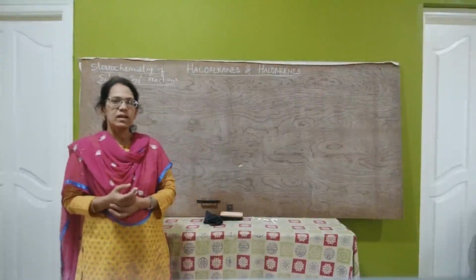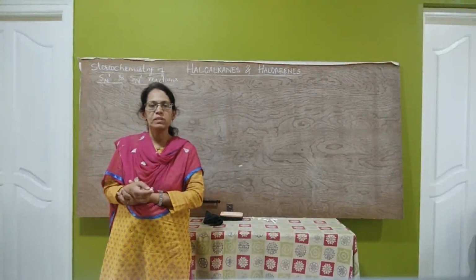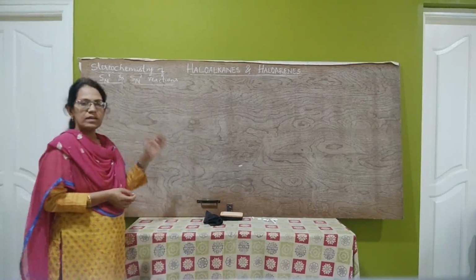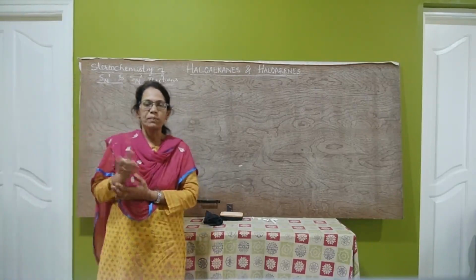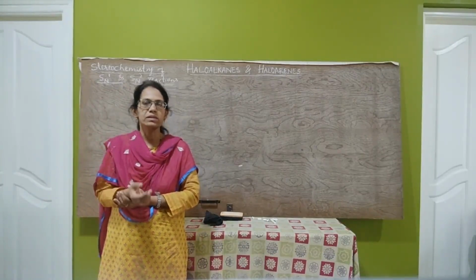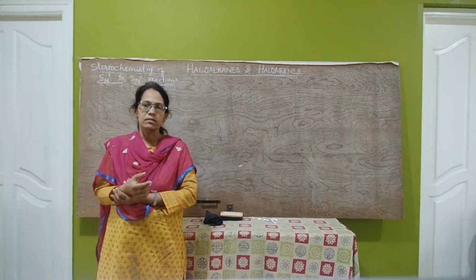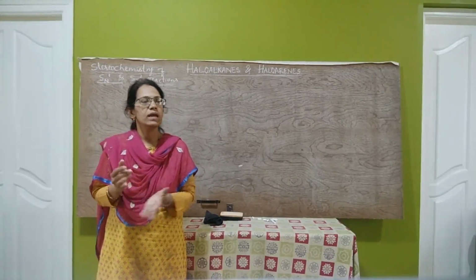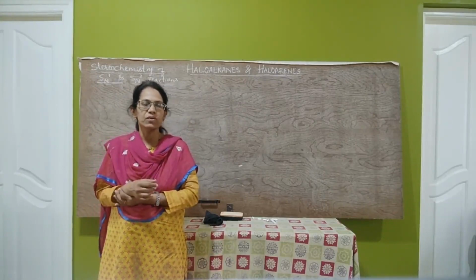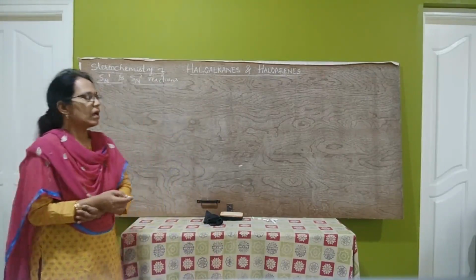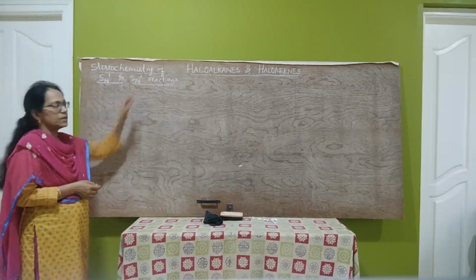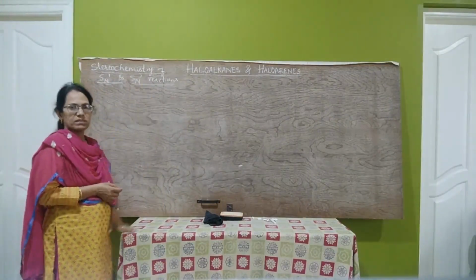Okay students, in the last class you were studying the stereochemical aspects of nucleophilic substitution reactions. In that you studied terms like optical activity, chiral molecules, chirality, enantiomers, racemic mixture, and terms like retention of configuration, inversion of configuration and racemization. Now we will study the stereochemistry of SN1 and SN2 reactions, which is our main concept.